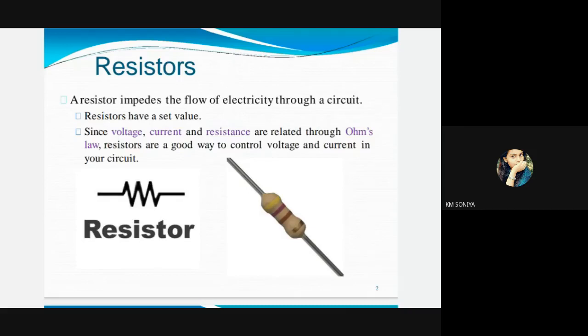At a particular temperature, current is proportional to voltage. So that is also Ohm's law. And that constant of proportionality, or variation of current with respect to voltage, is equal to V by I, which is equal to resistance. Okay, so this is Ohm's law, and you should know all those